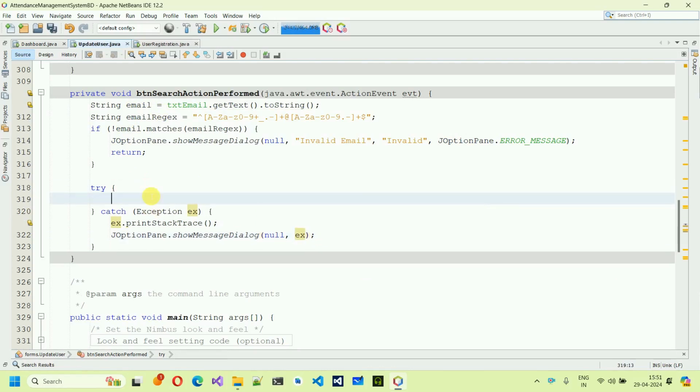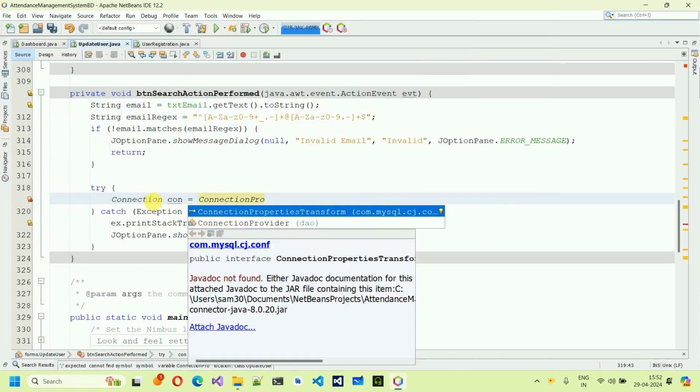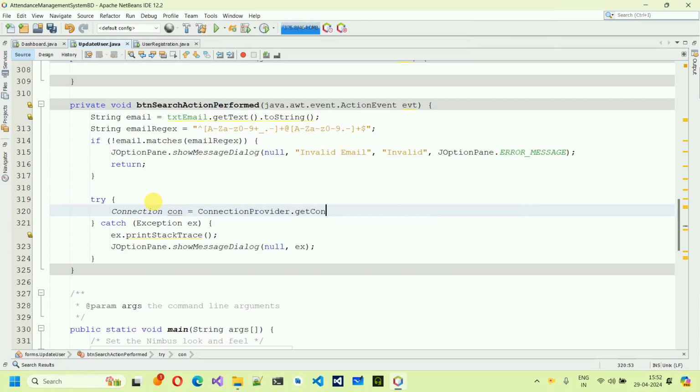After this, over here we will get the connection object. Connection con is equal to ConnectionProvider dot getCon. Save it, move it over here, click on this one,